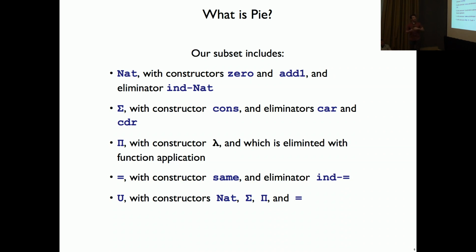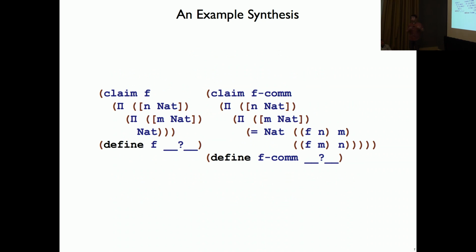So once we have this all implemented in miniKanren, we kind of want to see what we can do. And so here's the kind of synthesis we might want to run. In Pi, we create top-level definitions with two expressions, one called claim and one called define. And the first expression claims, fittingly named, the type that the definition will inhabit. And so we're claiming that we can inhabit the type that a function takes two arguments, two nats, and returns